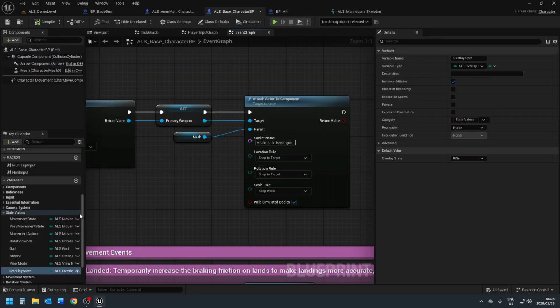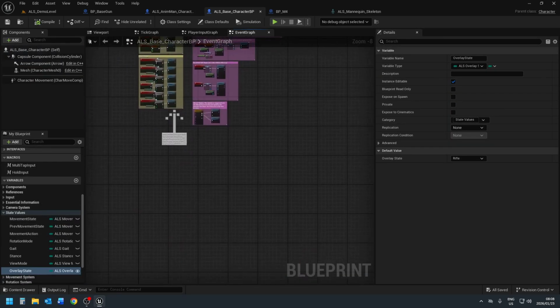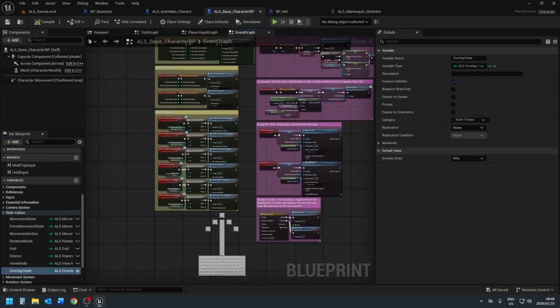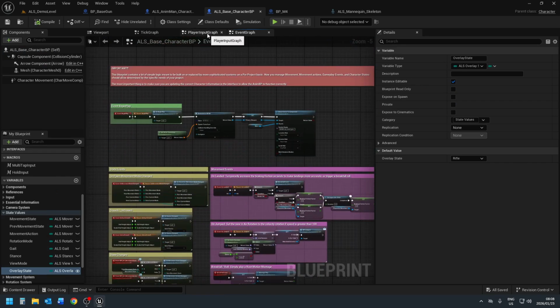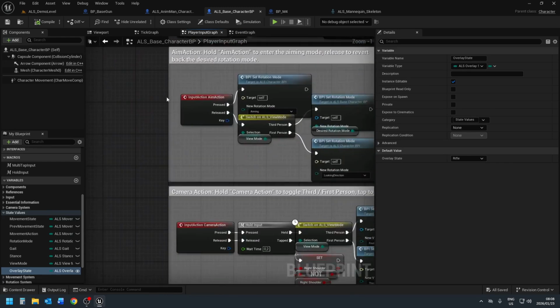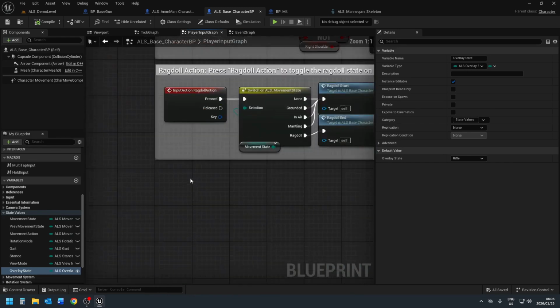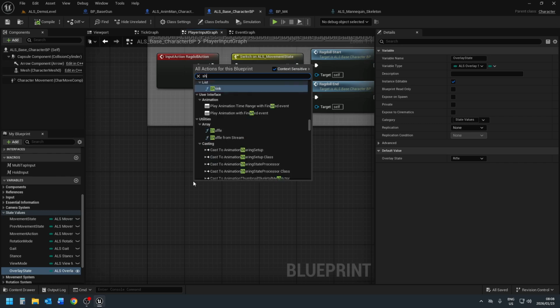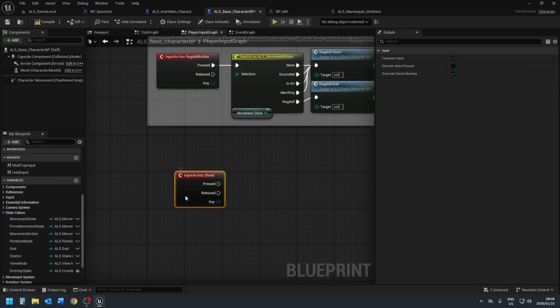Okay, in the base character BP we'll add that shoot input event, but I'll add it in the player input graph. This is where all the input from the player is handled. So I'll right click, search for shoot,